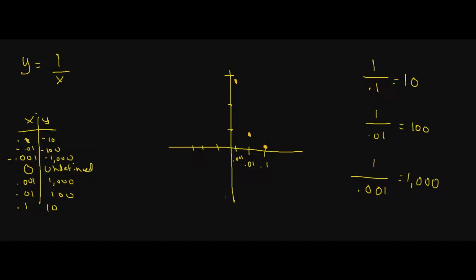When it's at 0.1 it's all the way to 1,000. When it's at 0.01, we said it was at 100, and then over here it was at 10, right? So you can see that our function is going to behave something like this. This is just going to continue to go up, and this is going to continue to go down. Okay? So this is how our function is starting to look. The closer that we get to dividing by 0, our y values keep shooting up.